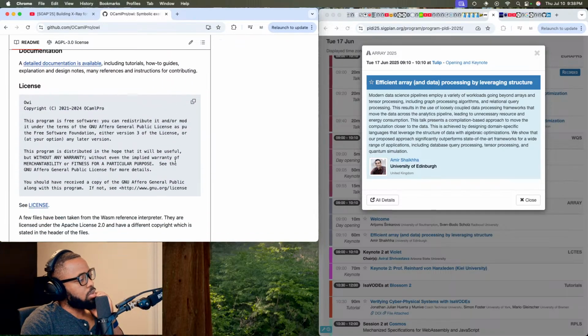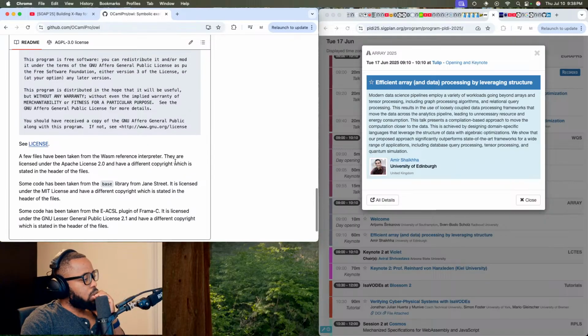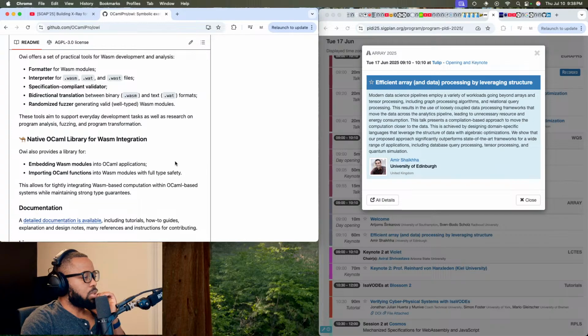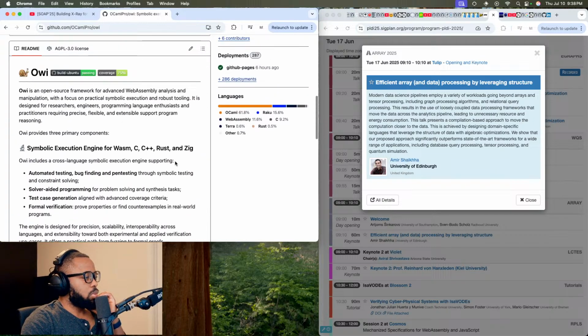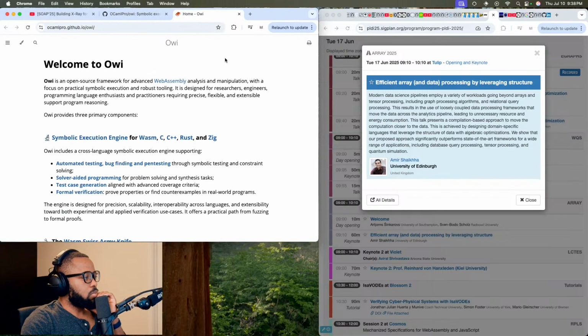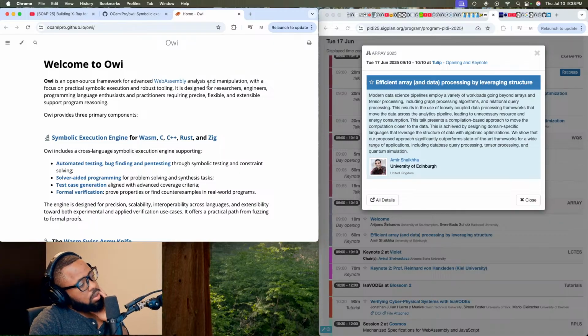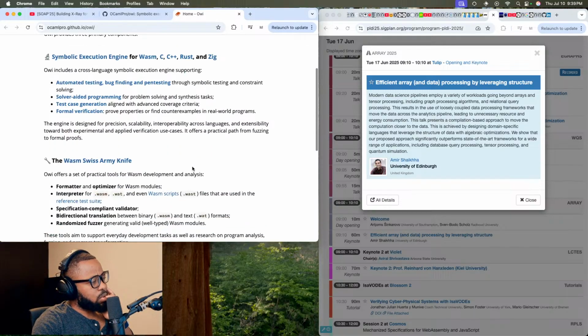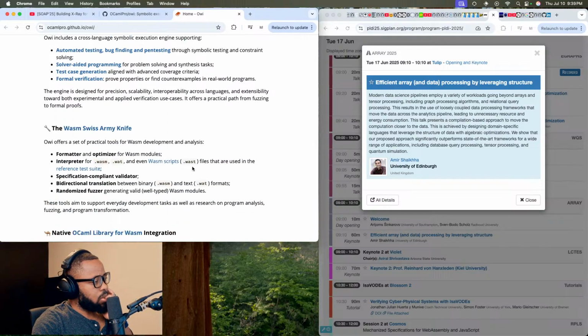You can test your Rust or C or C++ code using this. It's basically like a test harness that does concolic execution, I believe it's called.